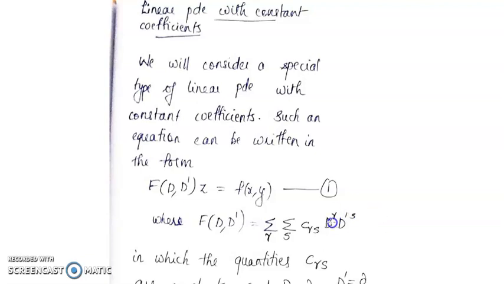If r and s are 1, that will be dou by dou x of dou by dou y, that is the operator dou by dou x, so it will be dou square by dou x dou y. If s equal to 0, D dash will not appear, so you will have dou r by dou x r. Similarly if r is 0, you will have dou s by dou y s. So r and s basically represent the order: how many times you differentiate with respect to x, and how many times with respect to y. That is the meaning.